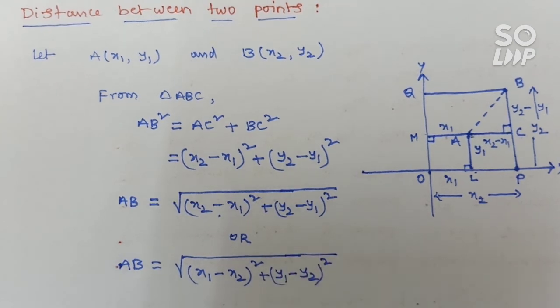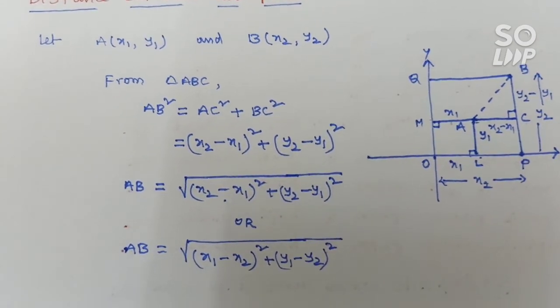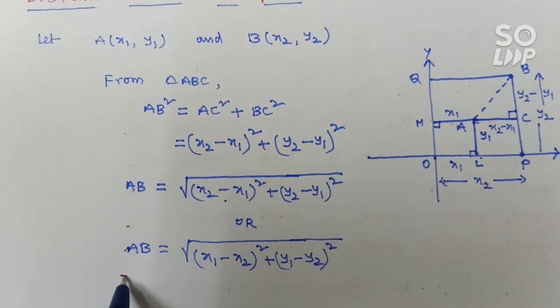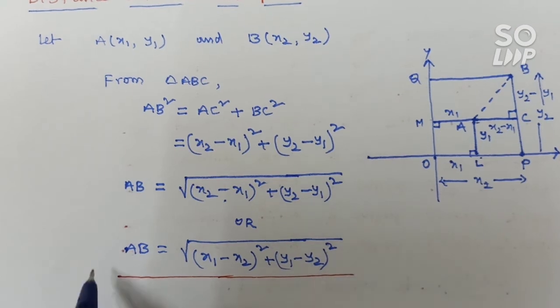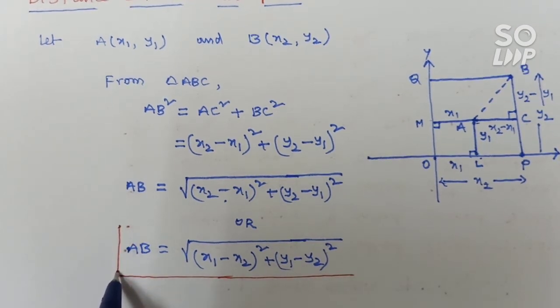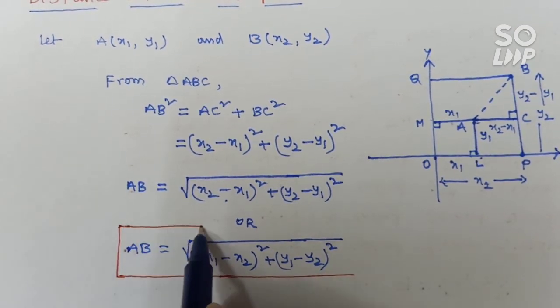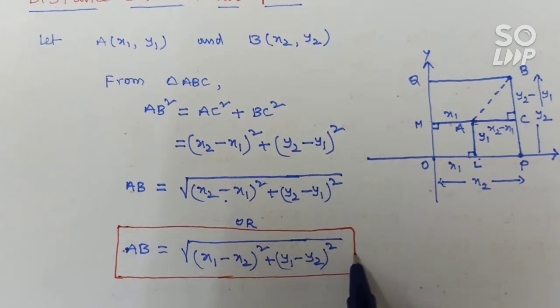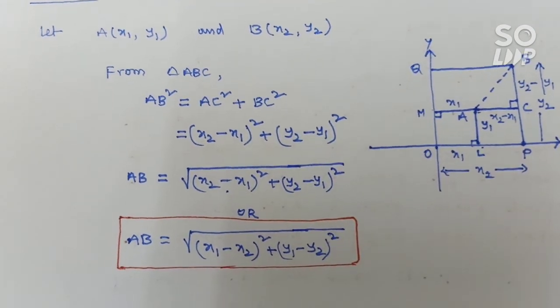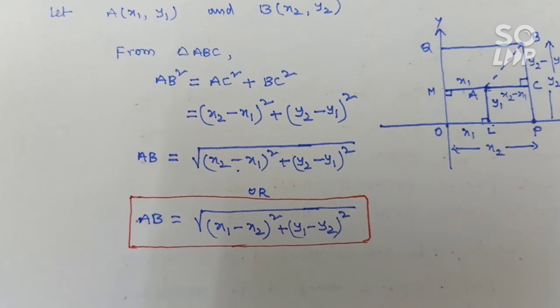So this one is the distance between the 2 points. So what are the 2 points? A is equal to (x1, y1) and B is equal to (x2, y2). So this is the formula for the distance between the 2 points. Now after this one,